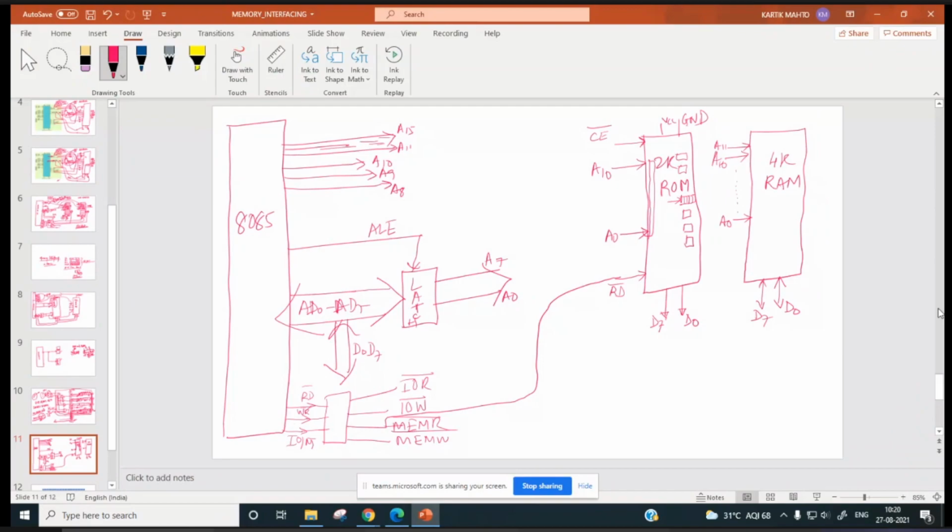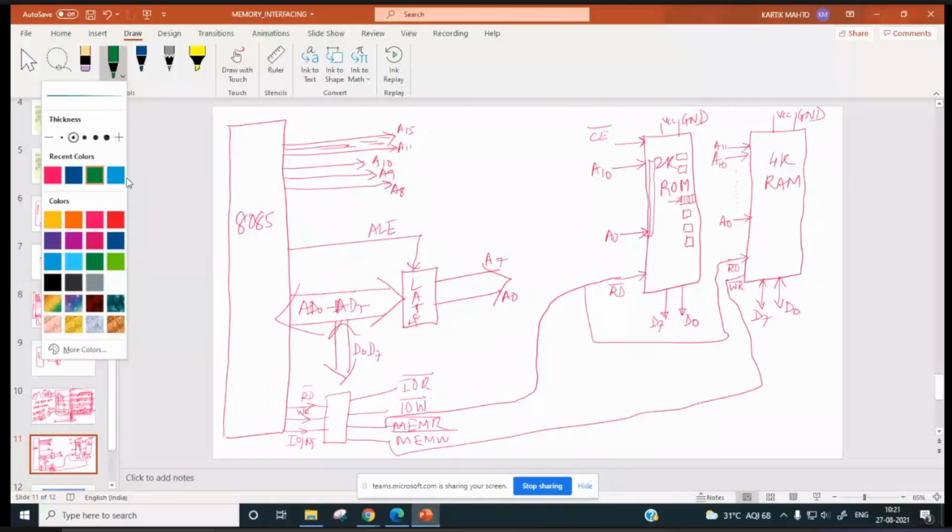Then you will have VCC, ground, right? You will have read bar, you will have write bar over here. So this read bar will go to this also, while this MEMW will go to this pin, right?